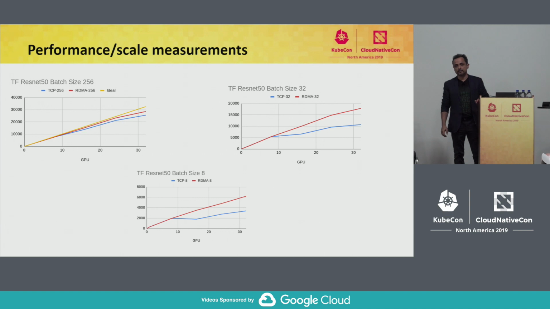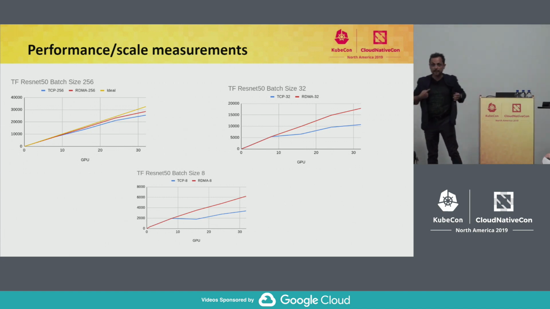The y-axis is number of images per second. The x-axis is number of GPUs that I used. And the 3 graphs are on batch sizes. You can see clearly, in SGD we trust. SGD is the algorithm that we use, stochastic gradient descent, to share those parameters, and that's why you would see why the batch sizes are important, why your accuracy is important, why the speed of training is important, and how these things play.